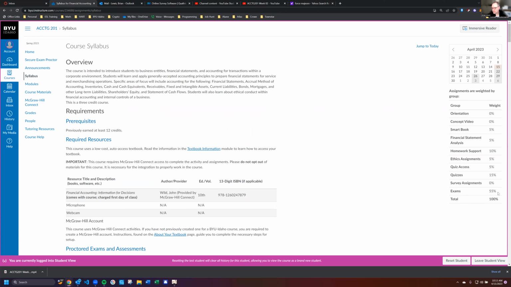But your biggest scores are going to be around the exams. 55% of your score is all related to exams, and there's 5 of them, right? So each one of them is 100 points, and each of them is a massive score on your overall grade. Therefore, all this other stuff, while it is important, and you can get 100% on most of these, if not all of them, you can get very near 100%. If you get 100% on 45% of the work, right, that's 45 points. But if you get 50% on your exams, let's call it 25 points.